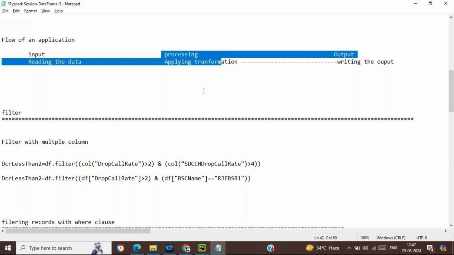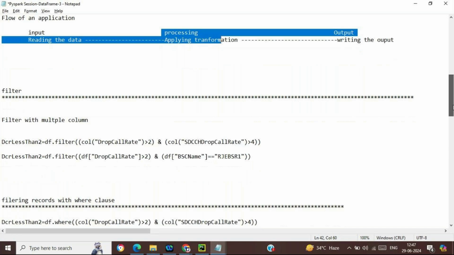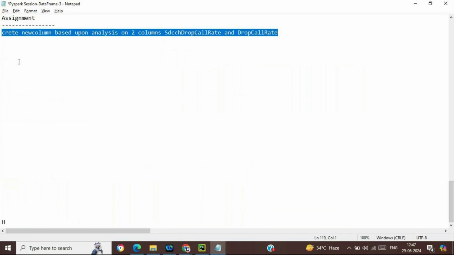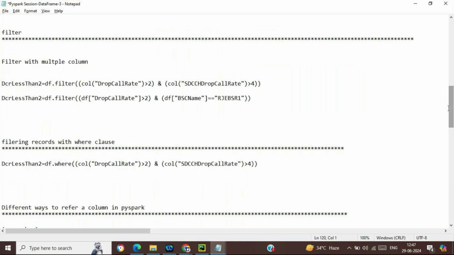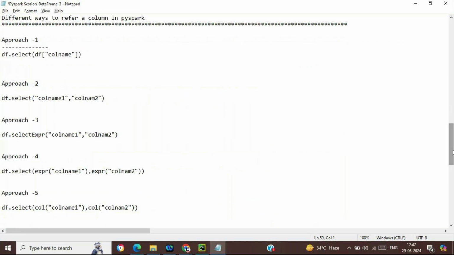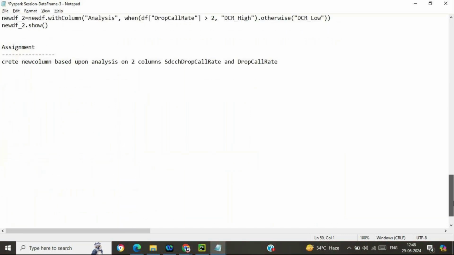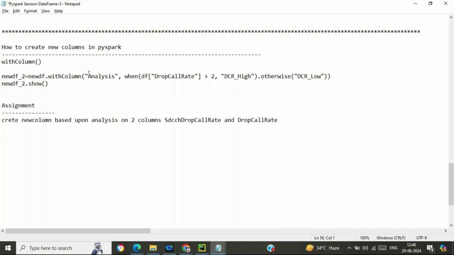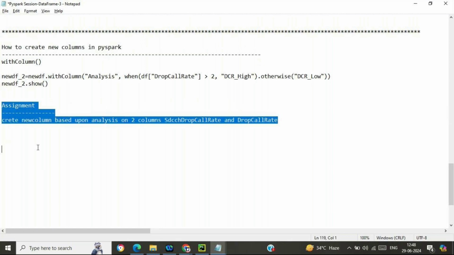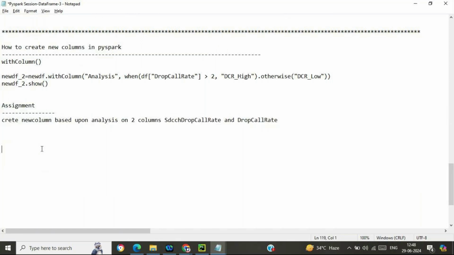Inside the processing phase, once we have a certain outcome, we will write it onto the disk, or store it in files, charts, dashboards, whatever. So slowly we are moving towards the analysis of our data. So you can take it as an assignment. Moving further, what I'm going to explain